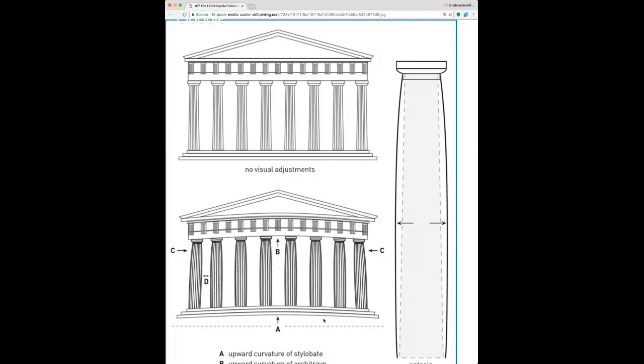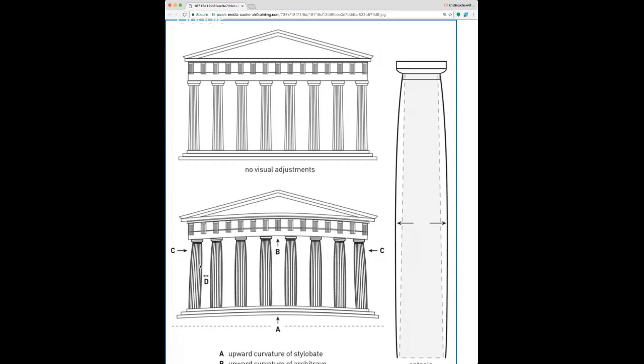They're not on a flat platform either. There's something called the curvature of the stylobate. The stylobate is the surface that the columns are resting on. Notably, the steps curve up towards the middle and are lower at the ends, but to your eye it looks straight, when it's actually not.